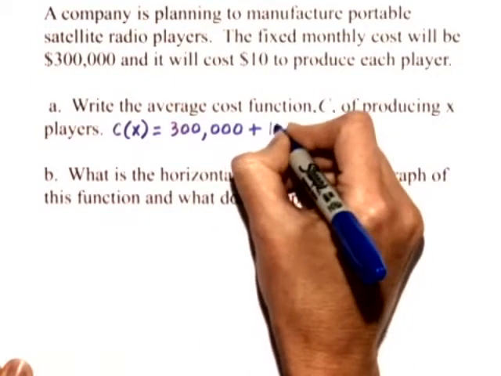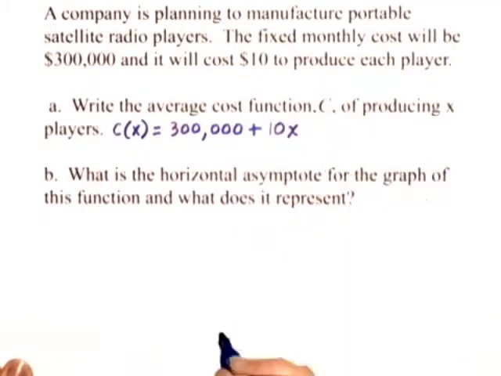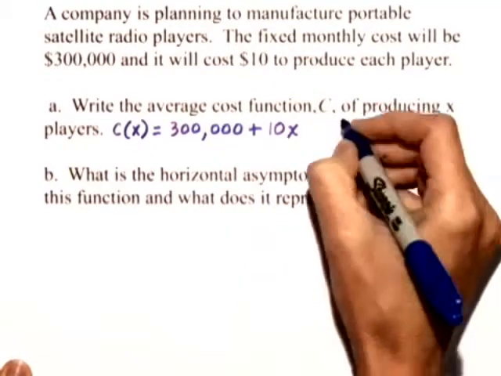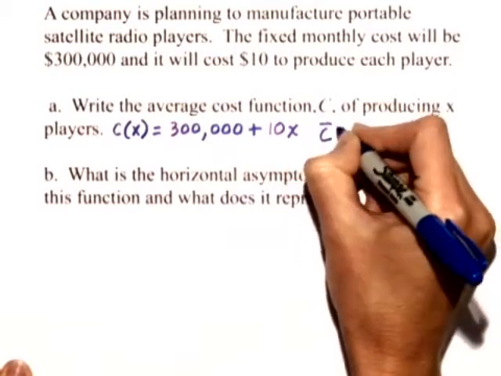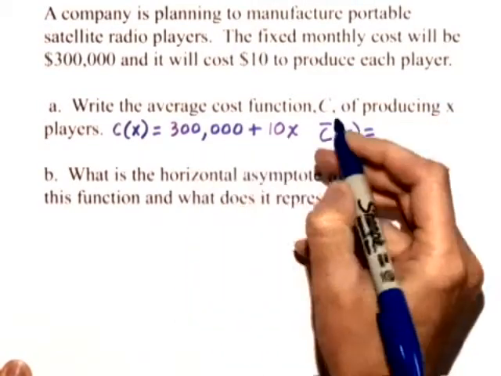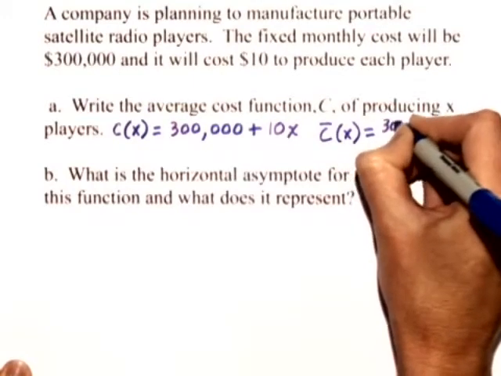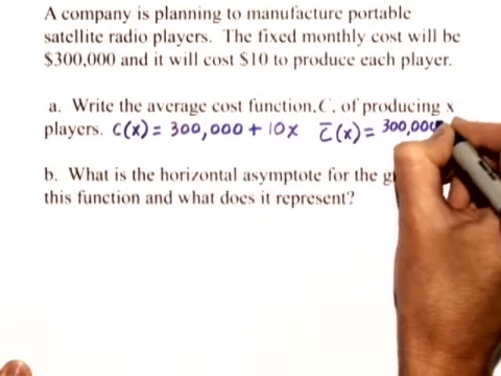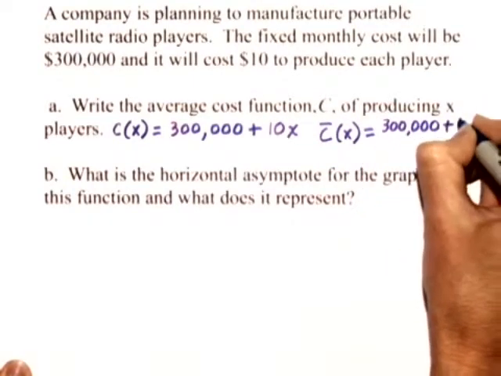So we can write that as 10 times X. Now, the average cost function, C bar of X, will just be equal to the cost function, 300,000 plus 10X,